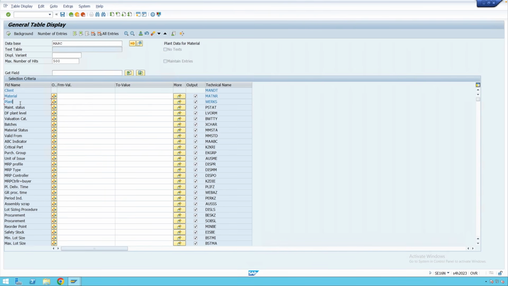So whenever you are maintaining any plant level data in the material master, system basically saves that data in this table MARC. Okay, so you can see, for example, the MRP type. So if you save the MRP type in the MRP view, first you will have to enter the plant code. Once you enter the plant code, then you will maintain the MRP type. So basically system will save that particular data for the MRP type in this table MARC against your material and plant code combination. Okay. Then if you go to MBEW,